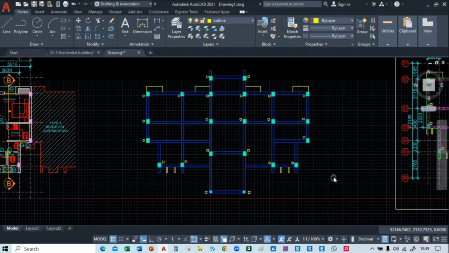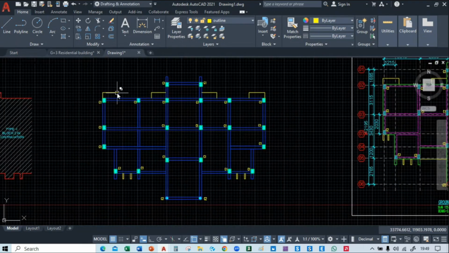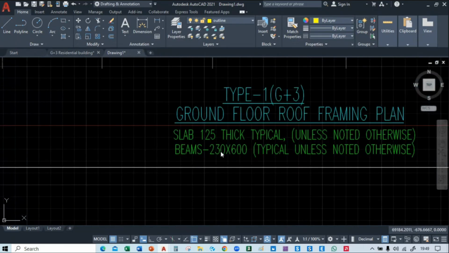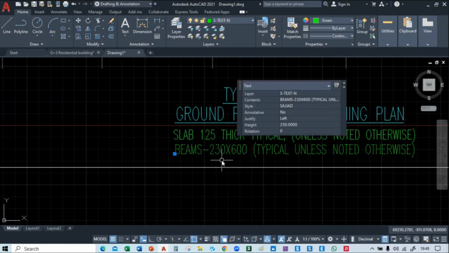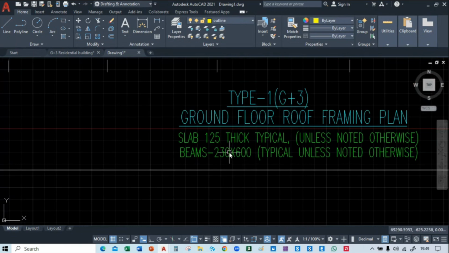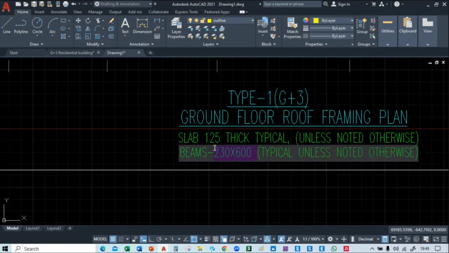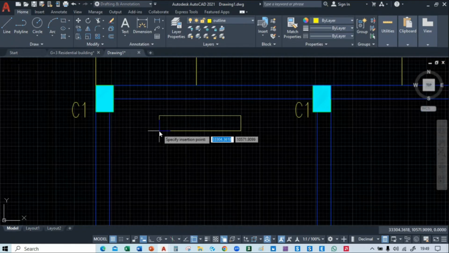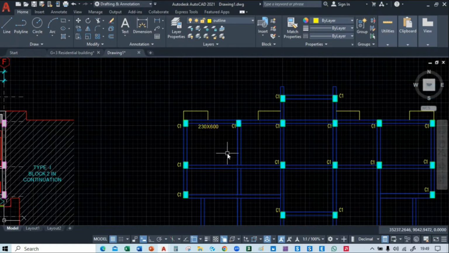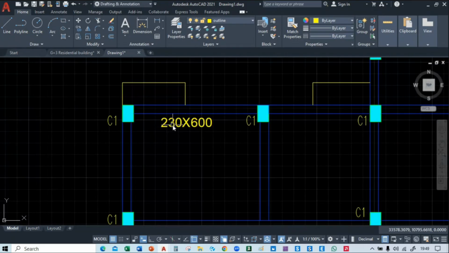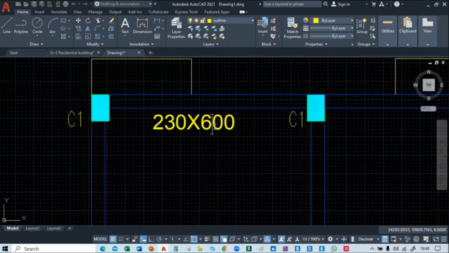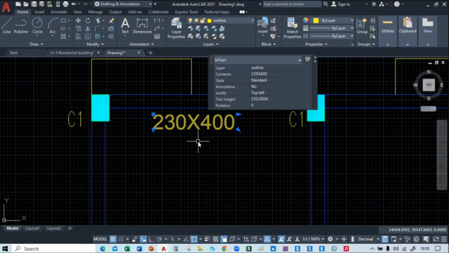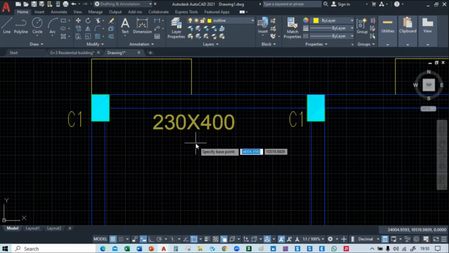Okay, and now we will name the beam size. So we will copy this and paste here. Okay, and let's take it 400 here. Let's take it 400. Okay, and so what you can do with the scale command, you can change the size